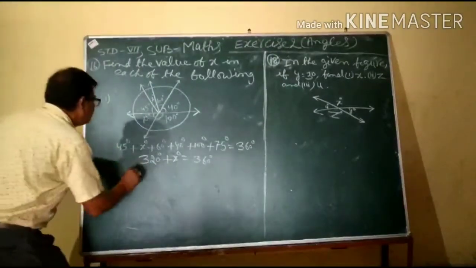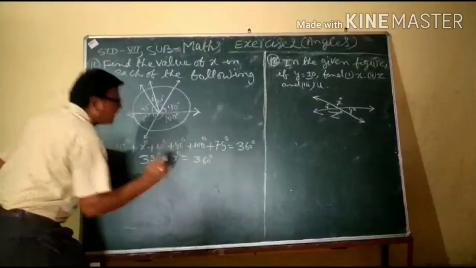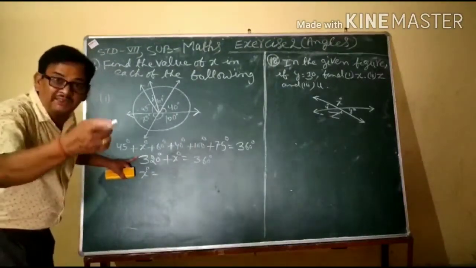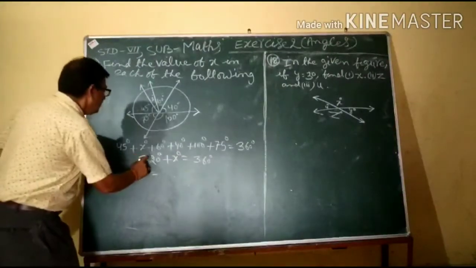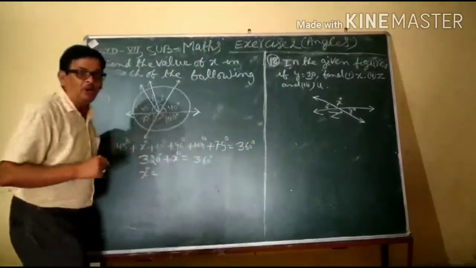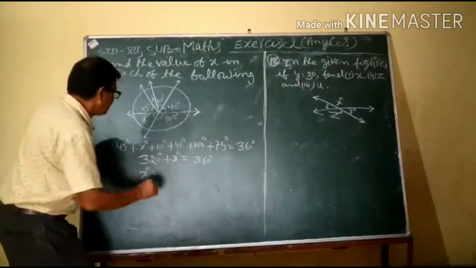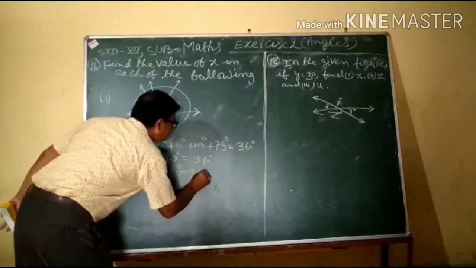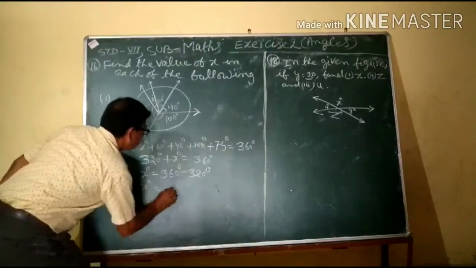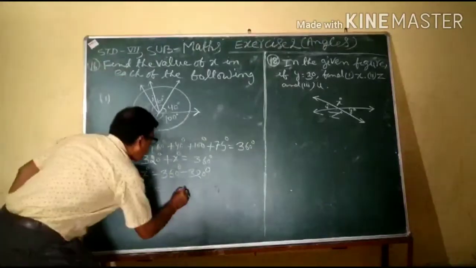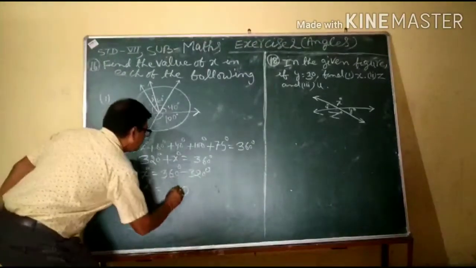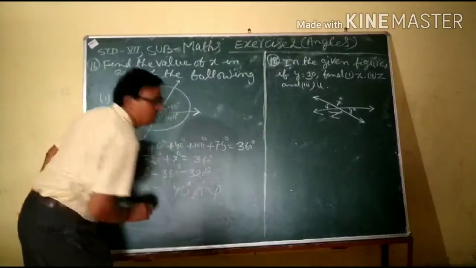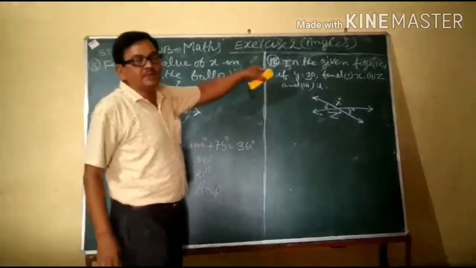Understood now? So what is the value of x? You have studied, my dear student, the constant term can be subtracted from the constant term. When this plus sign is there, the opposite sign will go, the sign will become minus. So x is equal to 360 degree minus 320 degree. What is the value of x? 0 minus 0, 0. 6 minus 2, 4. So 40 degree is your answer.